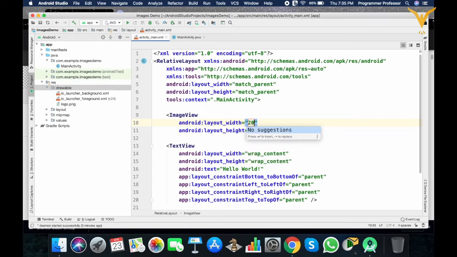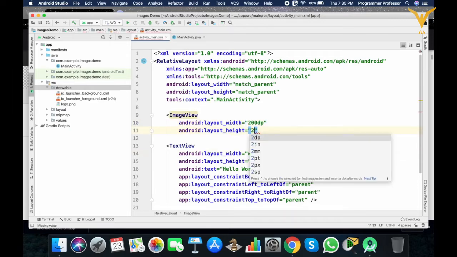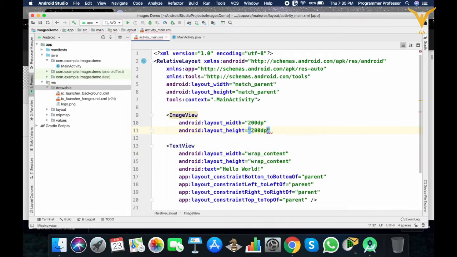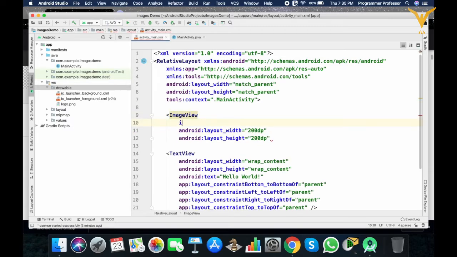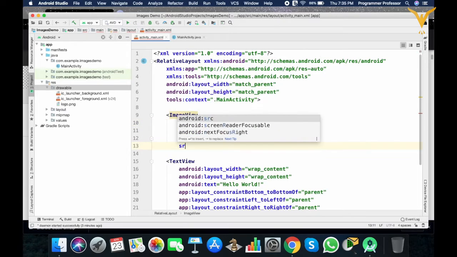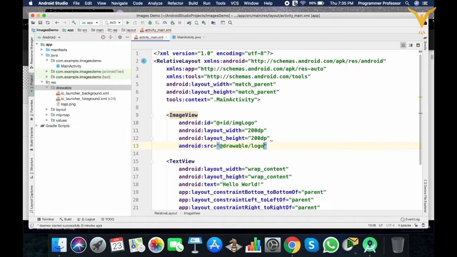Right now I am taking 200 dp. Now give an ID, img logo, then image source, drawable, and the file name. And now close this. Now let's check.